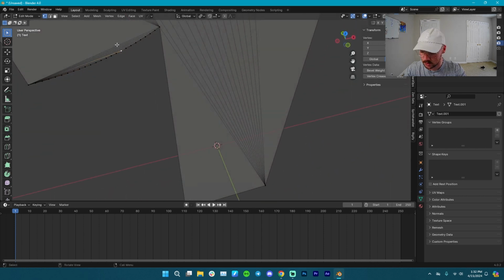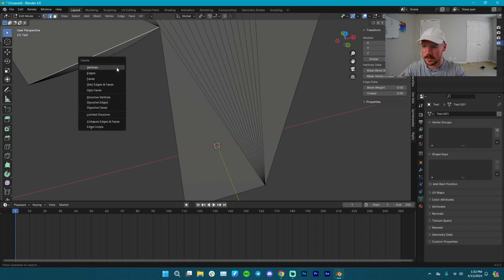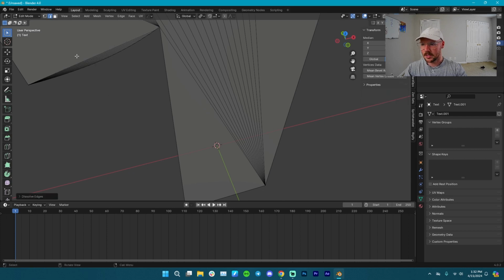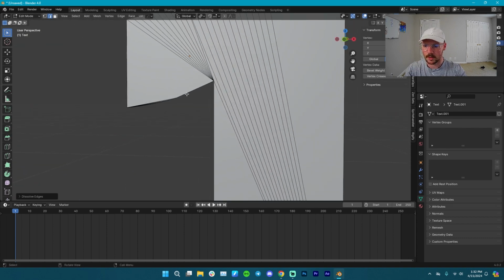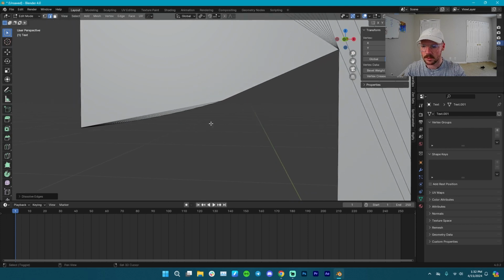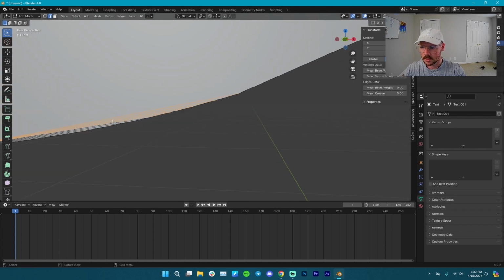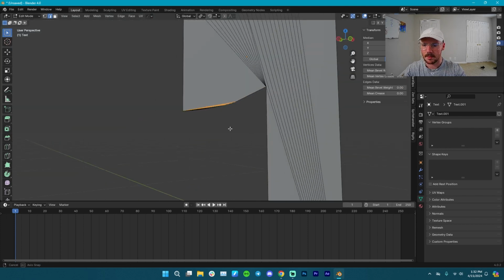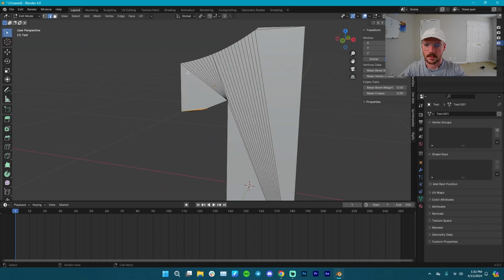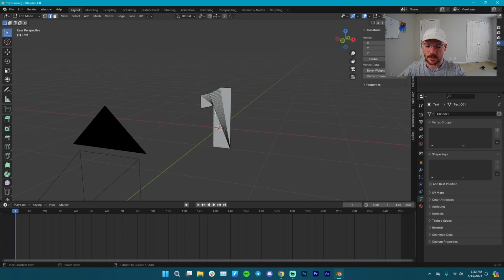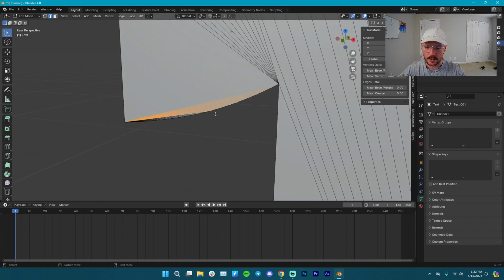And if you try to dissolve these faces or these edges, sometimes it can mess up the whole mesh. Dissolve edges. See, it just totally screws it all up, because it's deleting the vertices as well, which is kind of annoying, not just the edges, which in my opinion, these edges shouldn't even be there. So instead of doing that, what I'm probably going to do